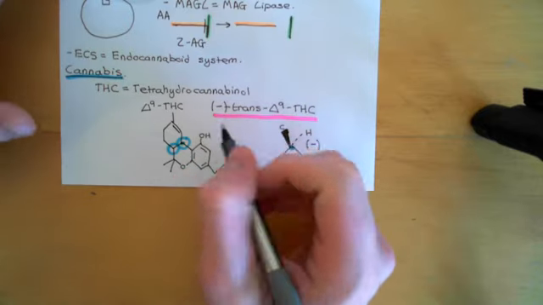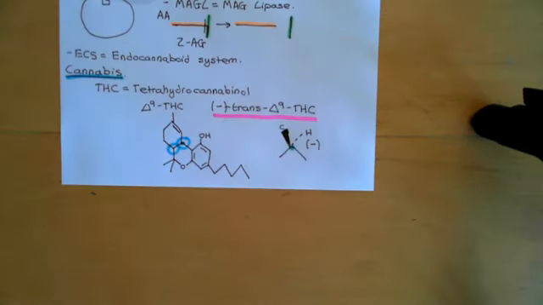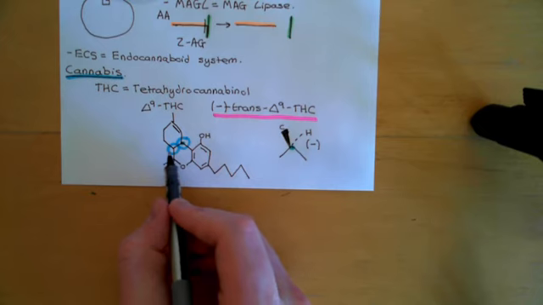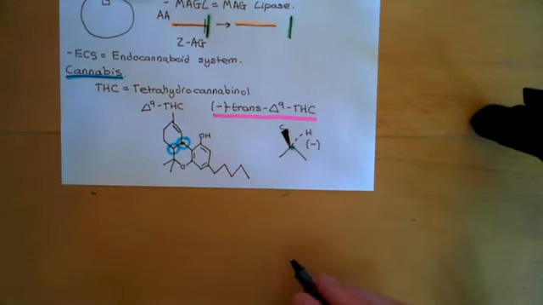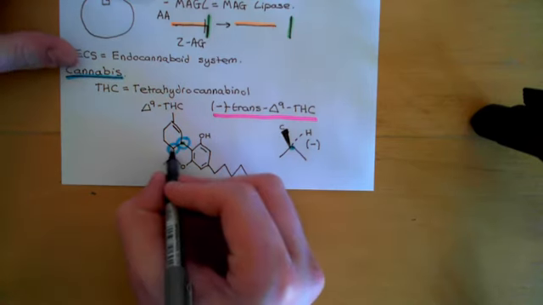Now the positive forms of delta 9 tetrahydrocannabinol do not exist in the natural cannabis plant. You can make them chemically. Chemists do make them, but they're not naturally occurring. Now, we turn our attention to the other one, and it's the exact same situation. This again has 2 arrangements.